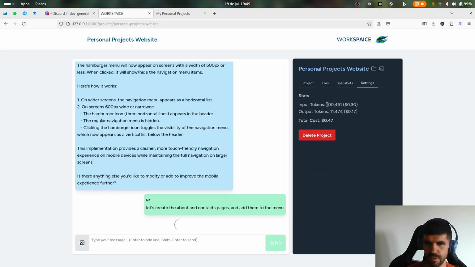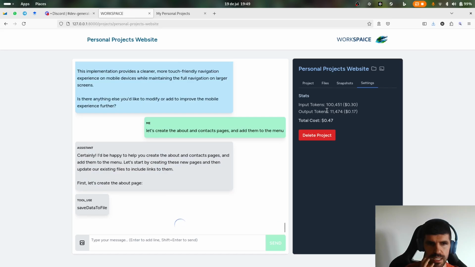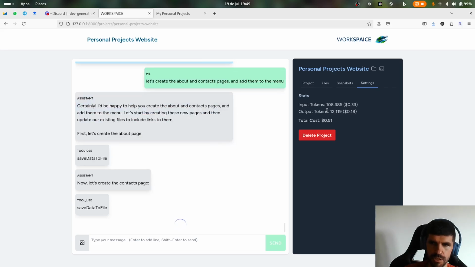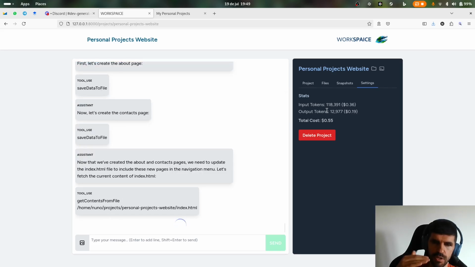So right now we have a total of 100,000 input tokens. That's because of the image. So one thing I'll probably do is, I'm keeping an image history. So I think for the images, after a certain number, I will just take it out because it's not relevant anymore. Of course, this is something that we need to try and tune, but